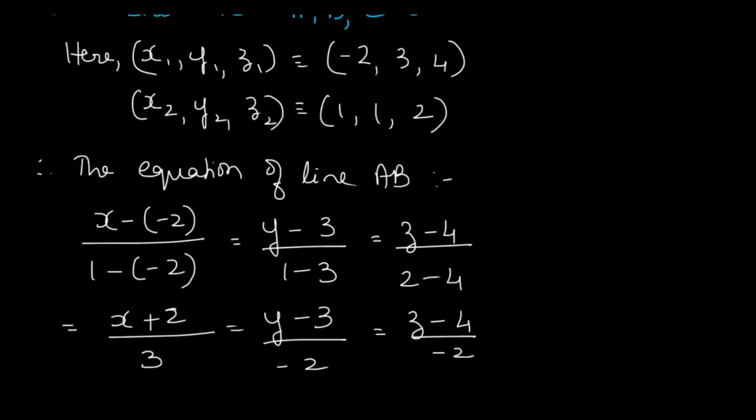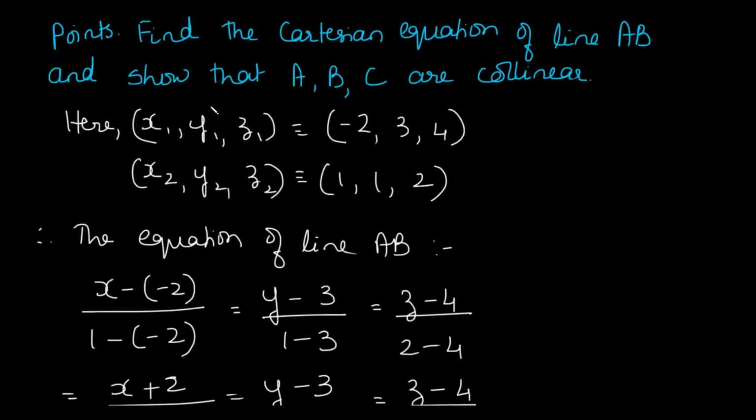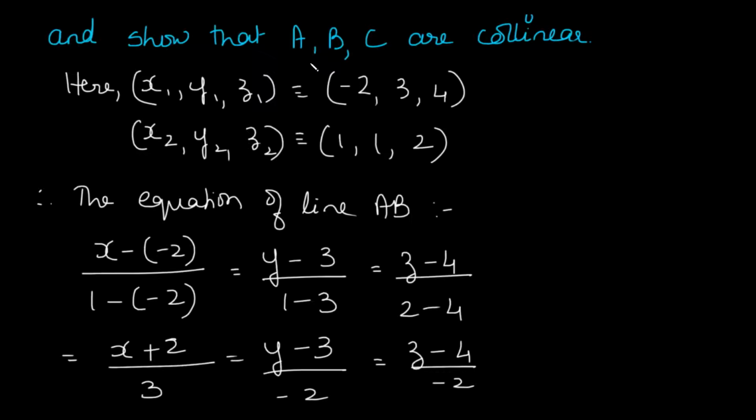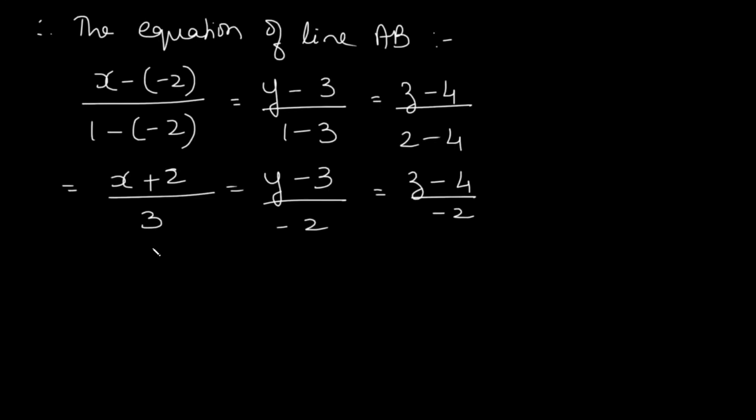Now we also have to find one more part of the sum. We have to show that A, B and C are collinear. Now to show that, one way we already know, because in the vector lesson in chapter 5, we had seen that to prove that 3 points are collinear, we just take their position vectors and find the scalar between them. We do it this way: AB is equal to some scalar lambda times BC. So if we can find the scalar, then we say that the points are collinear. However, over here we will use another method to find out that A, B, C are collinear.